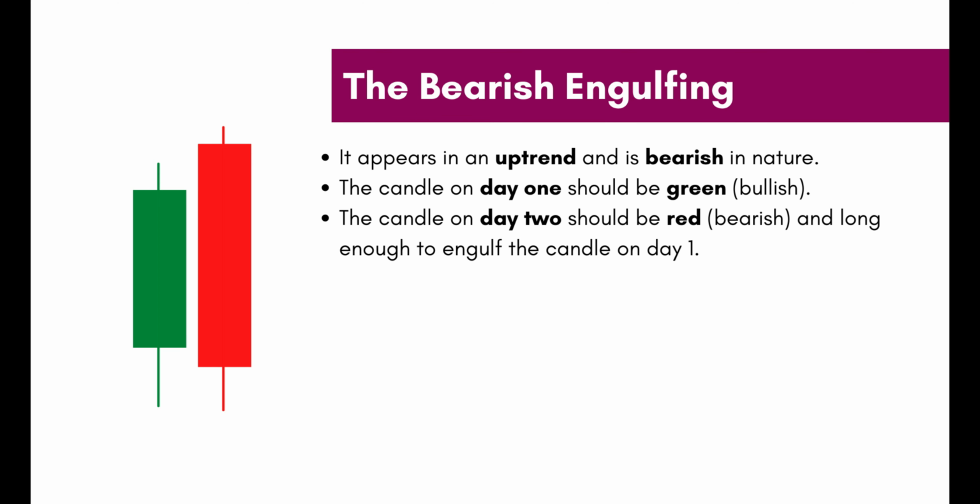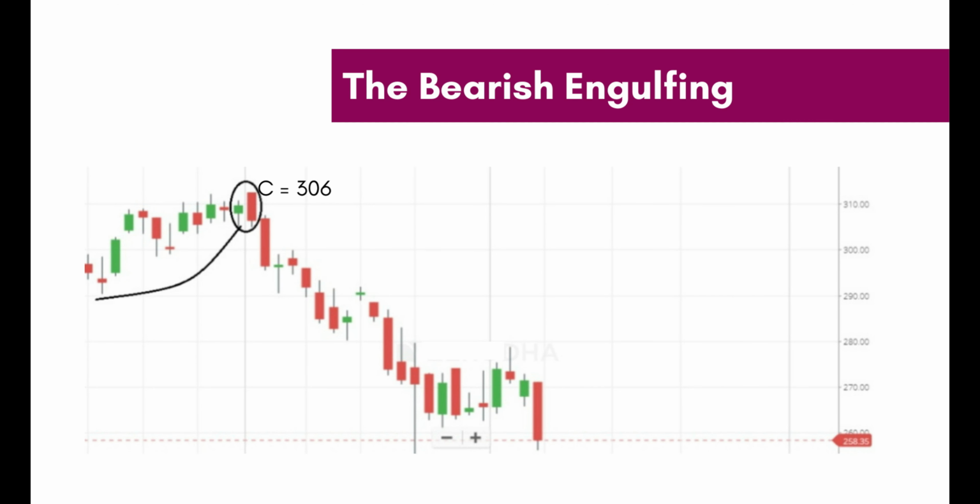On day 2 the market opens even higher, but at the high point of the day the bears mark their entry in the market and take the prices lower, such that it closes below the opening of day 1. This price action in markets creates a shorting opportunity for a trader for the next few trading sessions. The trade setup for the bearish engulfing would be to short the stock around the closing of day 2, that is 306 in the pattern encircled here, whereas the stop loss would be the higher of the high of the two candles in the pattern.